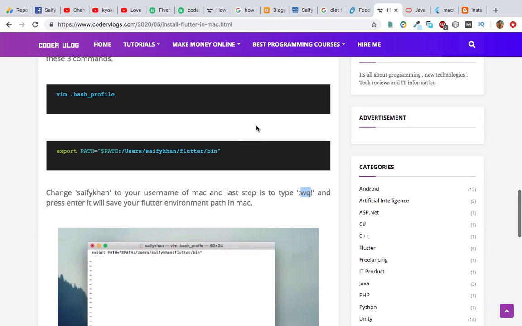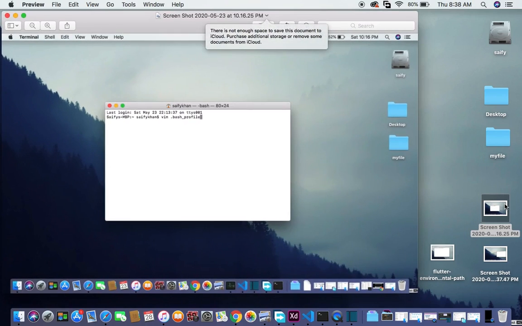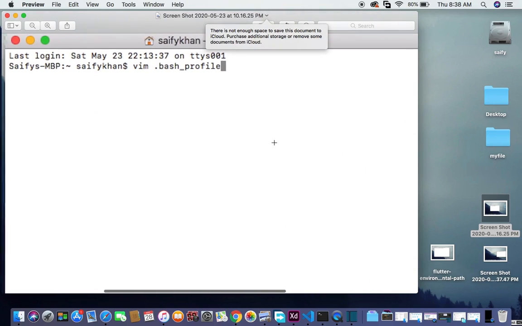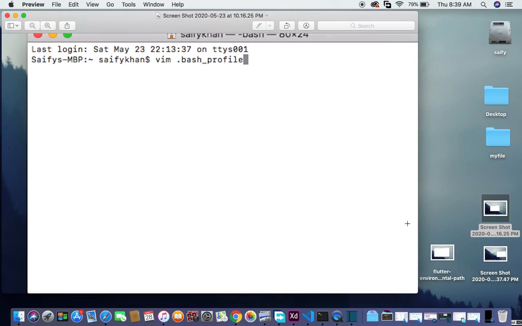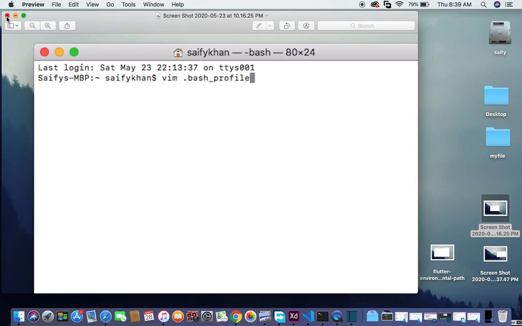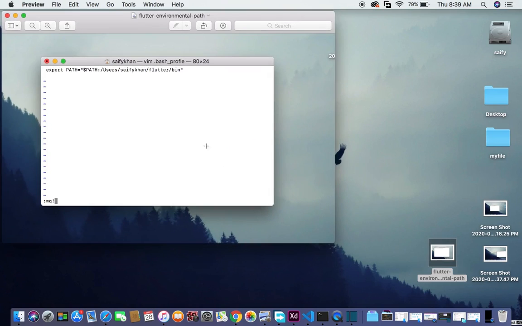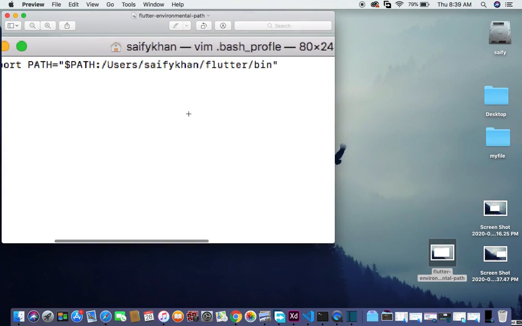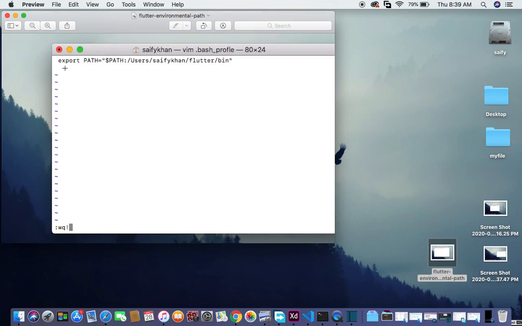So I will show you in the screenshots in order to make it easy to understand. So this is the terminal I opened and I just paste this line of code. Okay, so it will create a bash profile, and then I need to save here my Flutter SDK path, the environmental path. So when I execute the first command, the blank screen will come up here and I need to type this command,